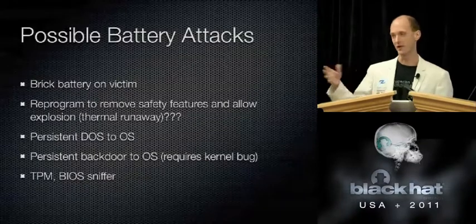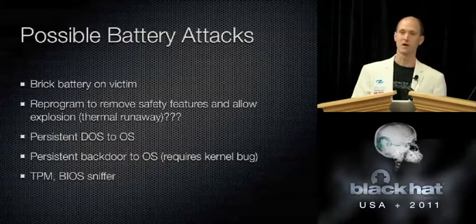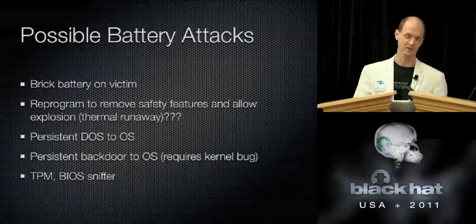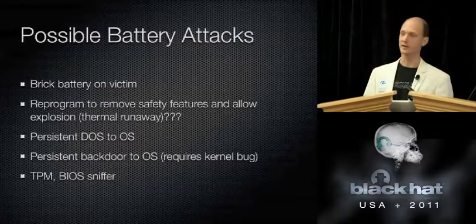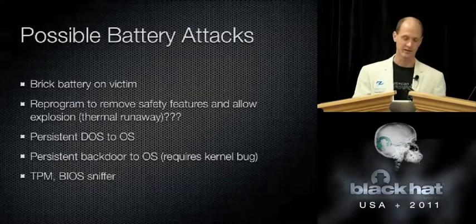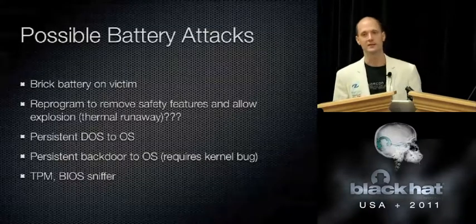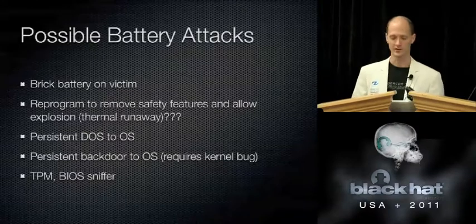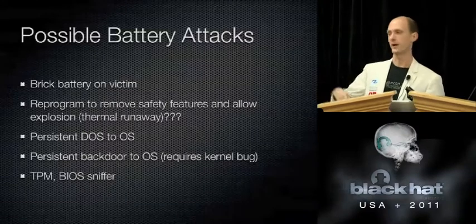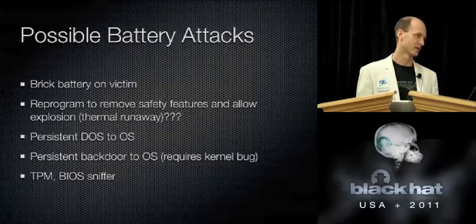You can imagine eating all the bandwidth on the little SM bus wires, causing the OS not to work, and this is going to survive reinstallations. And then if there was a bug, and again, I didn't find such a bug, I didn't really look, the OS is parsing the values that the battery is giving it, so if there was a bug in that, you could imagine being able to attack from the battery into a clean installation of the operating system and implanting